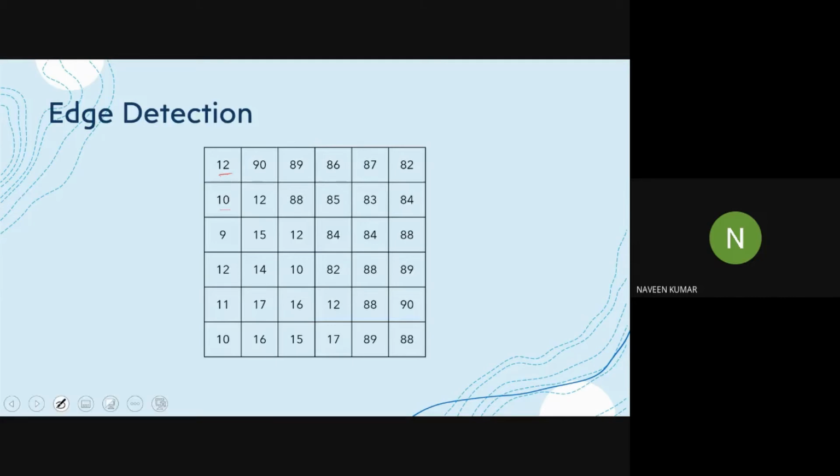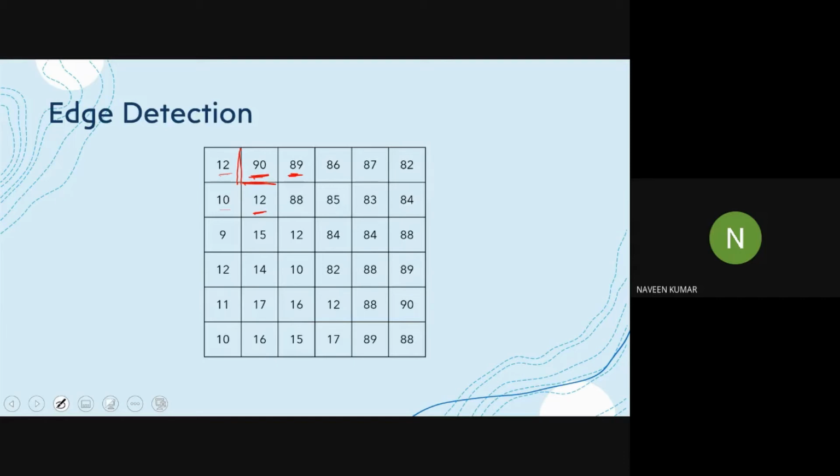But there is a huge difference between 12 and 90, so we can say that there should be an edge here. So we will draw an edge here. Again, there is a huge difference between this 90 and this 12, so there should be an edge here also. And there is no huge difference, as 90 is close to 89, so there is no edge here.